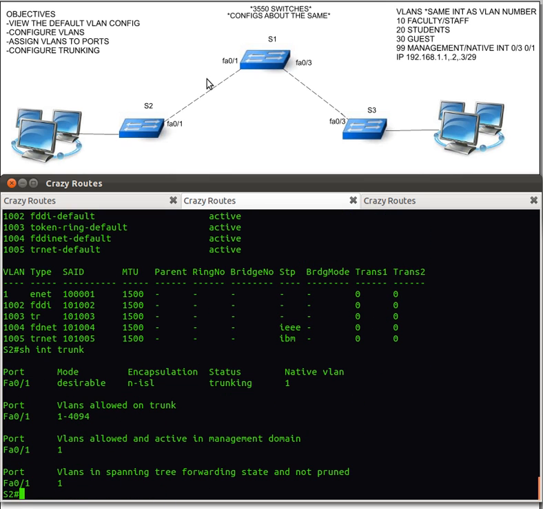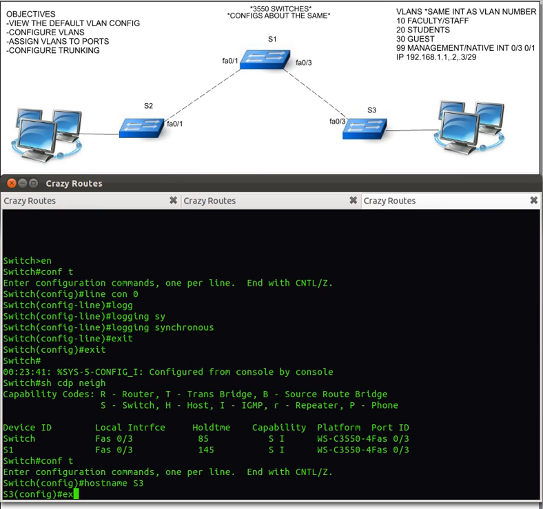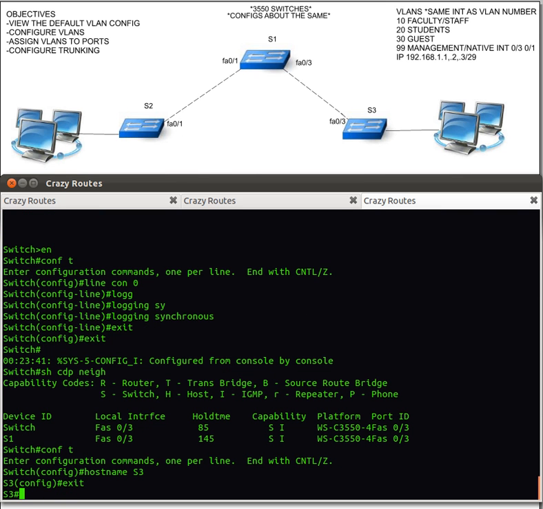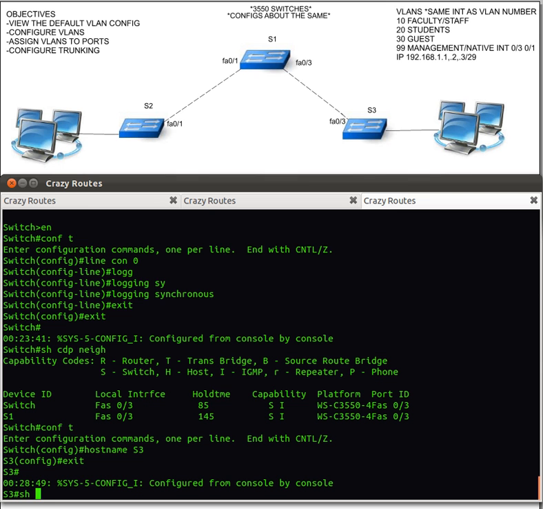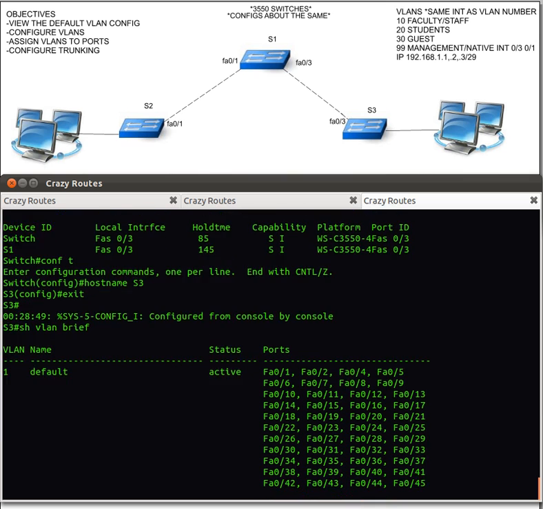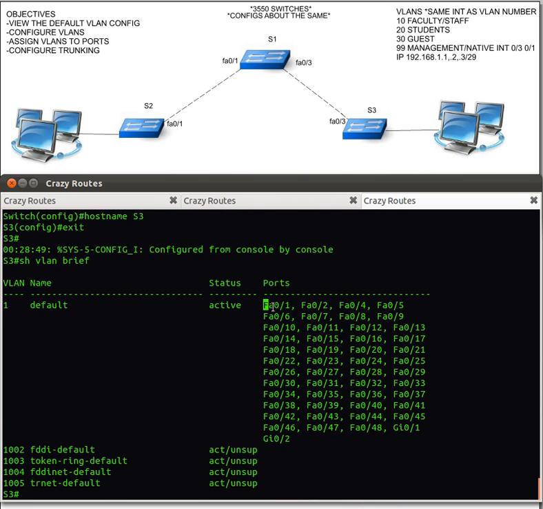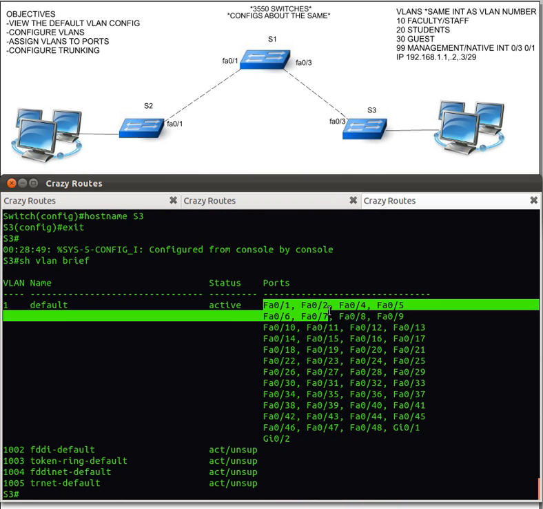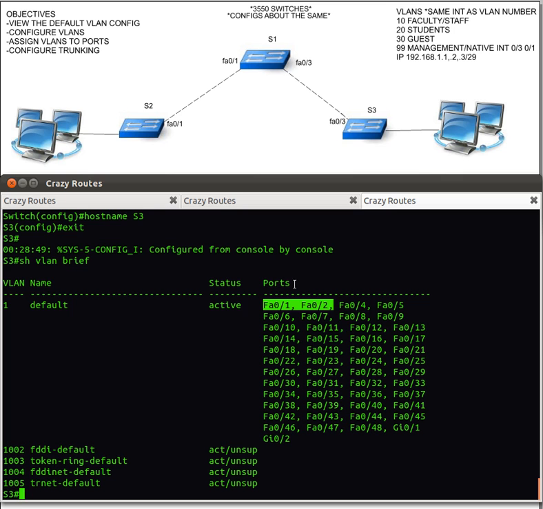Port FA0/1, switch to FA0/1. Alright, now let's go to switch 3 and view that as well. This is the show VLAN brief command this time. FA0/1 shows up in this one. FA0/2, there is no FA0/3 because FA0/3